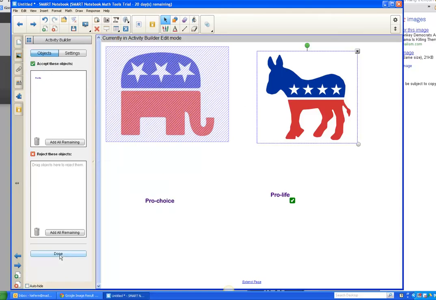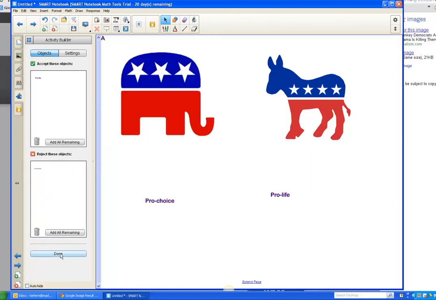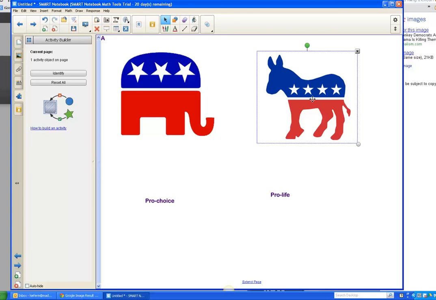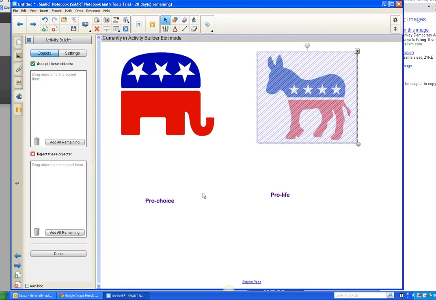hold on, I have to say done. Actually, let me do the pro-choice will be rejected by that object. I click done, and now let me work with this object. Let me edit that one. So I'm going to drag pro-choice to be accepted by the donkey, pro-life to be rejected by the donkey, and